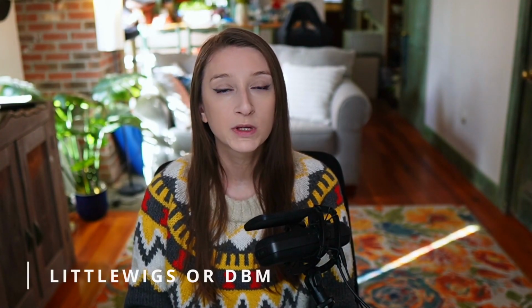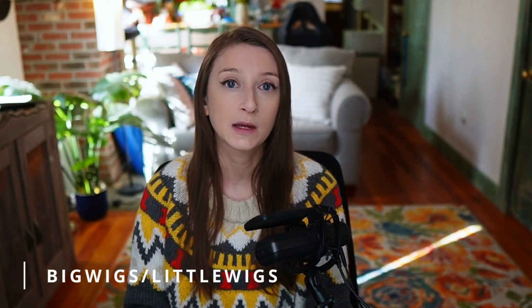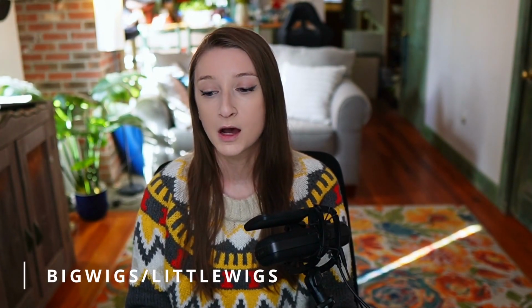These include Little Wigs / Big Wigs or DBM, depending on which one you use, WeakAuras, and Details. Personally, I use Little Wigs and Big Wigs. This is the first expansion that I've used them. Previously, in other expansions, I had always used DBM, but I think it's just preference. It just depends on which one you want to use. This is an add-on that displays fight timers on bosses, both in Raid and in Mythic Plus. So again, it gives you information from fights, and it just displays it in different ways